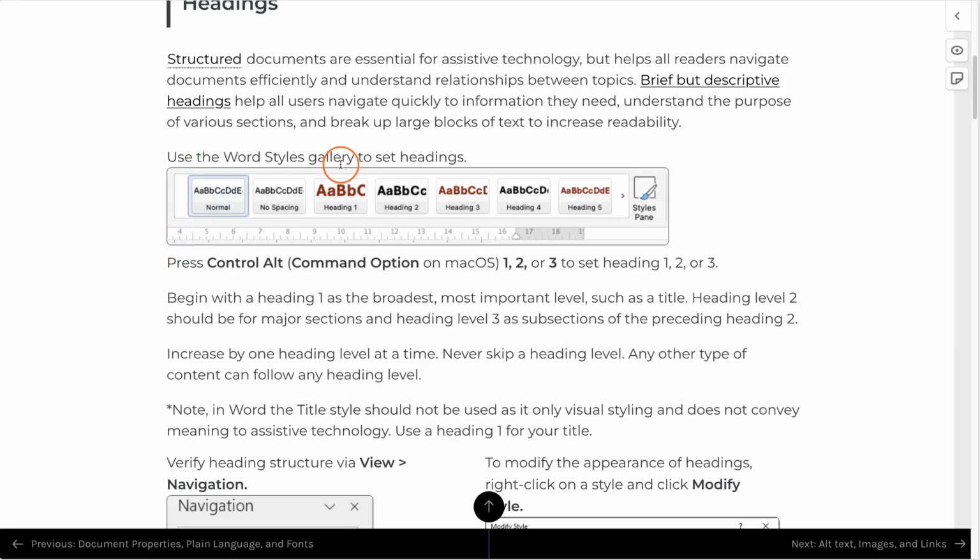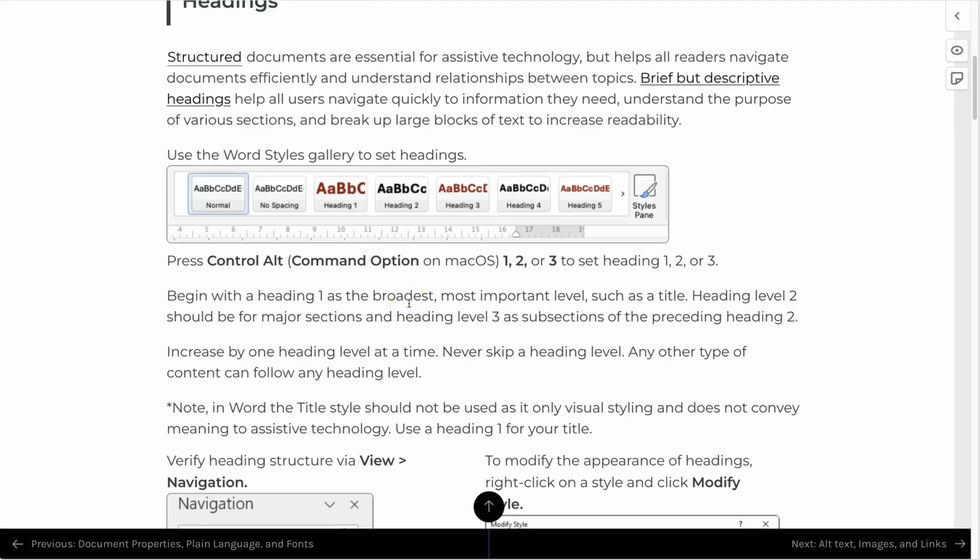Essentially, I need to use the Word Styles gallery to set the headings. So when I open the document in Word, instead of having an item of text that is bigger and bolder, but it shows the normal style, I will select an appropriate heading level. Do that throughout the document, and I fix the problem. Then I can re-upload the document into Canvas. In fact,